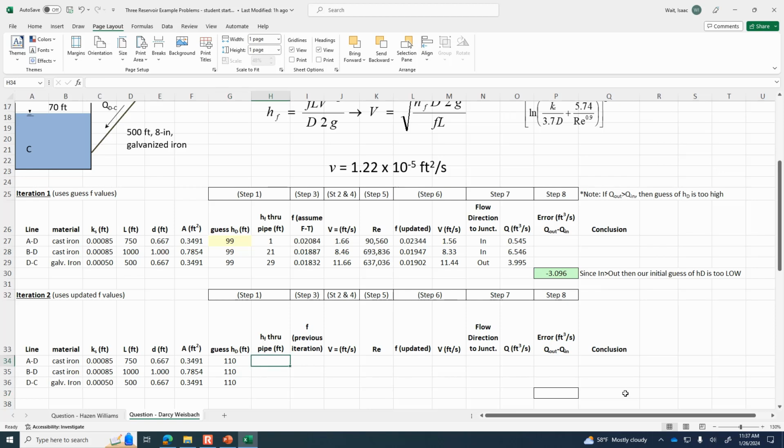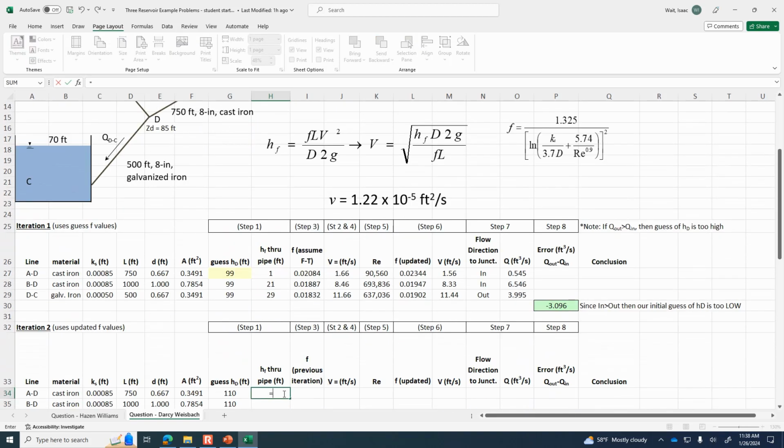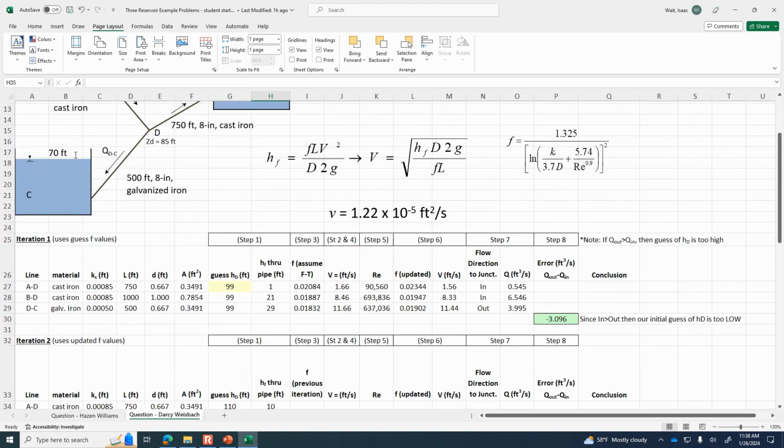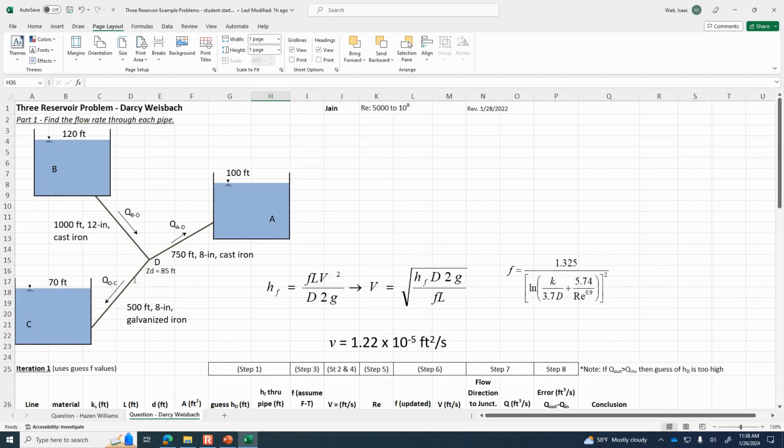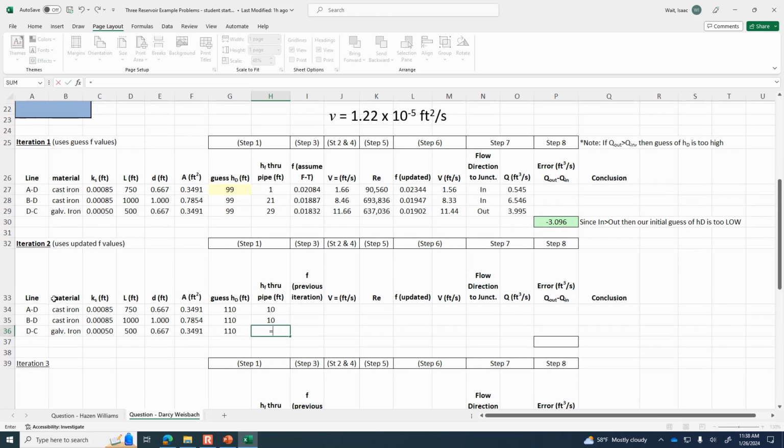Okay, head loss through the pipe. For AD, it is 110 minus 100. BD would be 120 minus whatever we've got at the head at D. If it is at 110, then it'll be 110 minus 70. So if the elevation of the water, the head at D, is 110, then that tells us,